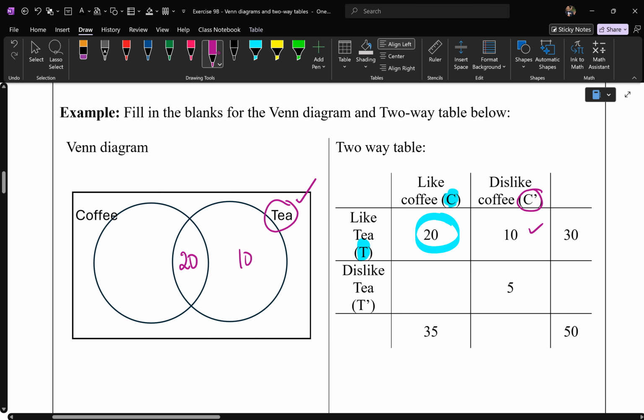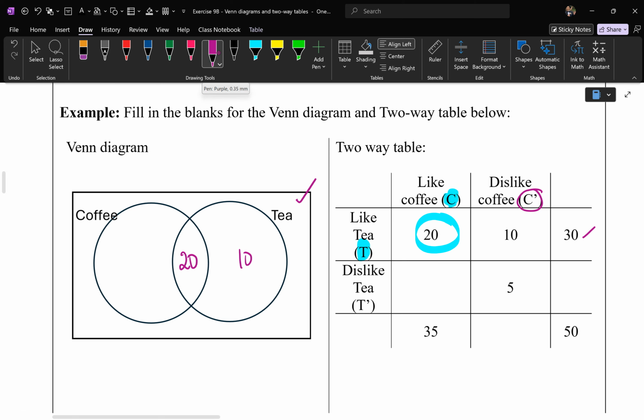And then now that we got that, we should have a total for people that like tea should be 30. So this is all of tea. These are the people that like tea, and you got 20 plus 10. That's true. That is 30. That is correct. Now, if you know there are a total of 50 people in this survey or experiment, well,